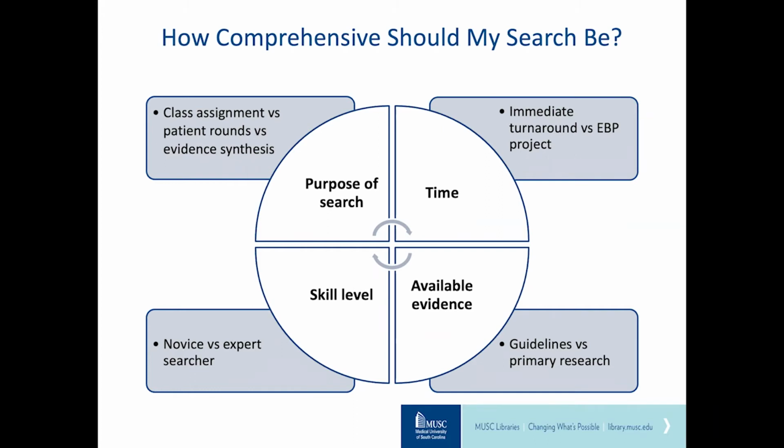Whereas if you're performing a literature search for the development of an evidence brief or a guideline, then you're going to want to search multiple databases and build reproducible, comprehensive search strategies. And related to the purpose of the search is time. So specifically, how much time do you have and how much time would you be reasonably expected to spend on